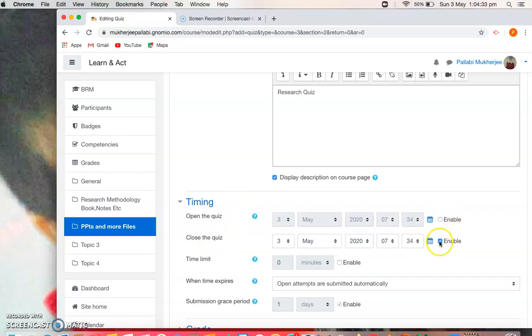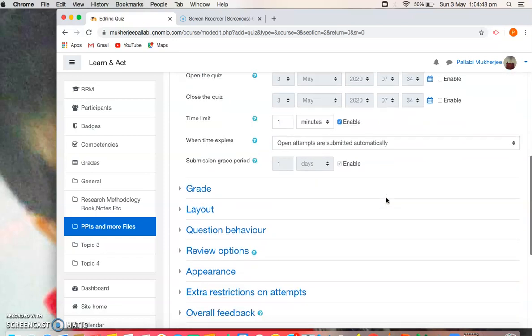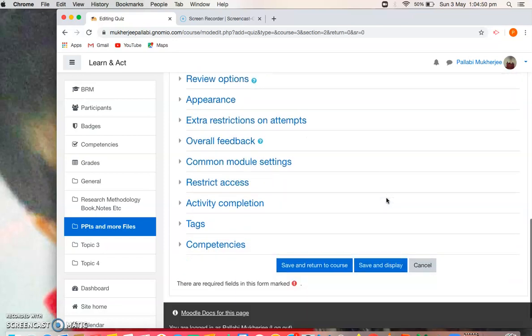Right now I don't want to enable this. I just want to enable the time limit. Whenever the student opens the quiz, he or she will have just 1 minute to attempt it, because right now we are adding individual quizzes. This is one question, so I'll just add the time limit. Click save and return to course.